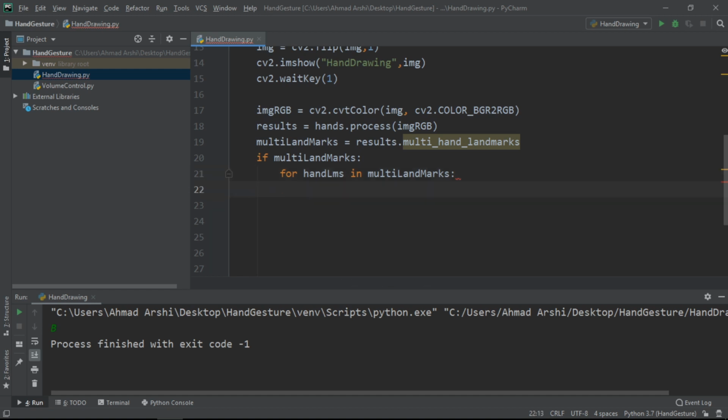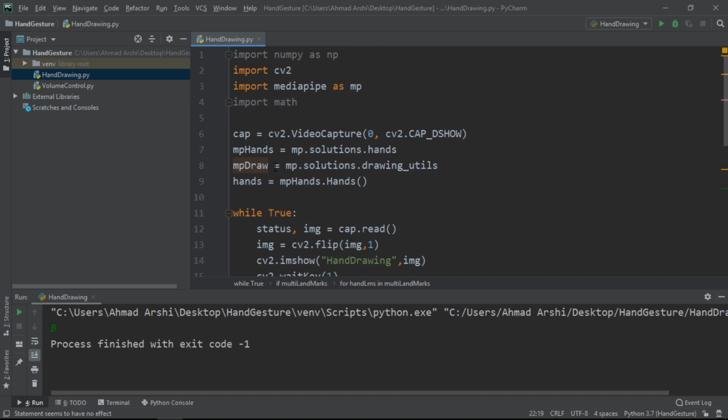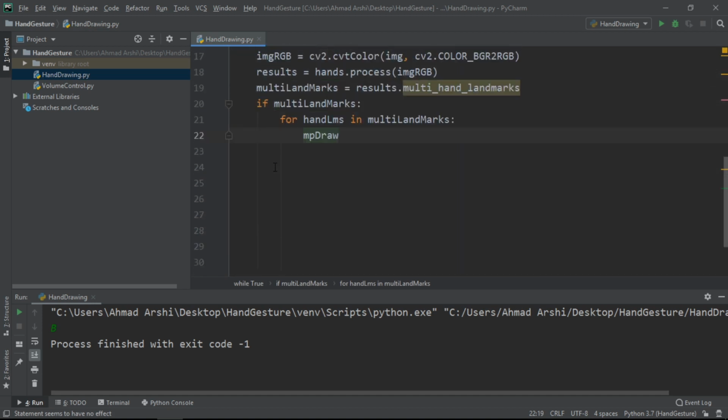Then after getting this hand LMS, we simply need to draw it. So we will go for MP draw, the drawing utils that we created, and inside this MP draw we will provide the image on which we have to draw, and then we will provide the hand LMS, the hand landmarks that we have extracted for our hand.